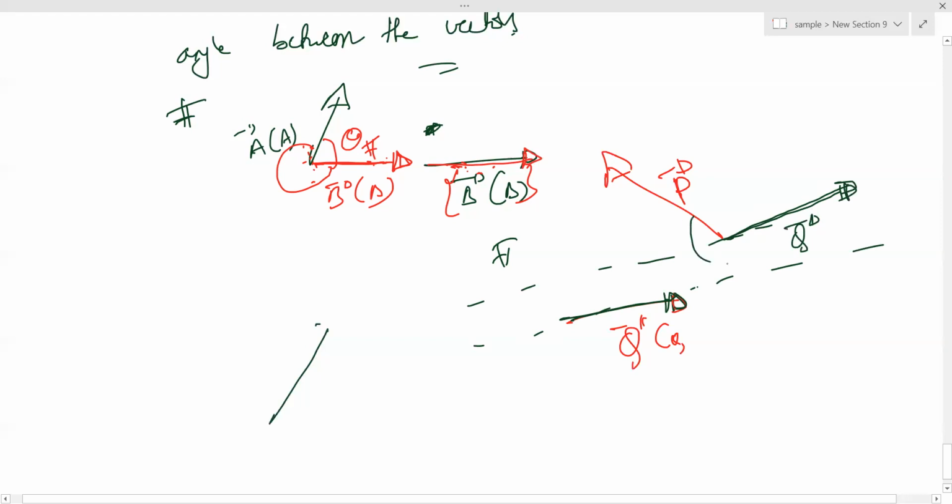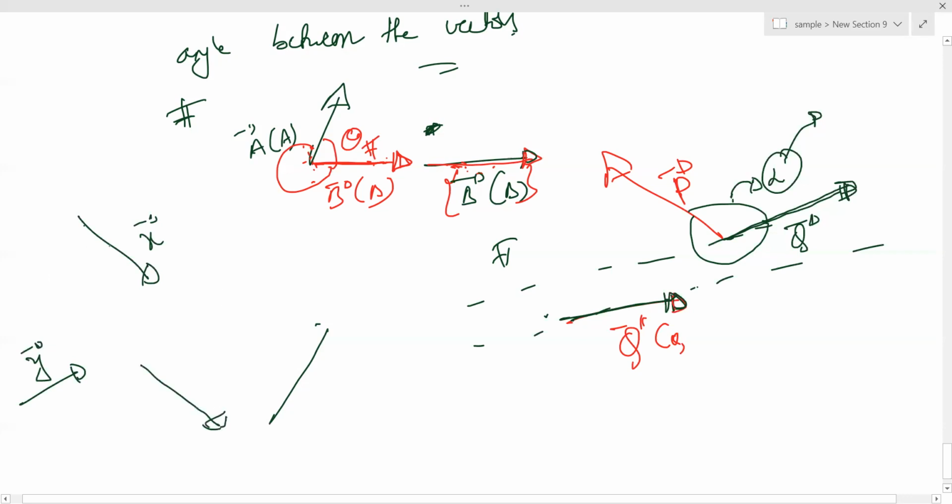Now, two angles are there, this bigger one and smaller one. The small one we have to take, alpha. This is the angle between vectors P and Q. Got it? You have to shift any one vector or both vectors. You can shift whatever. For example, suppose this is an x vector and this is a y vector. I shifted the x vector like this, parallelly shifted. You have no worries, right?